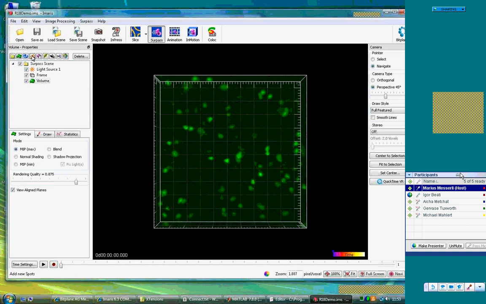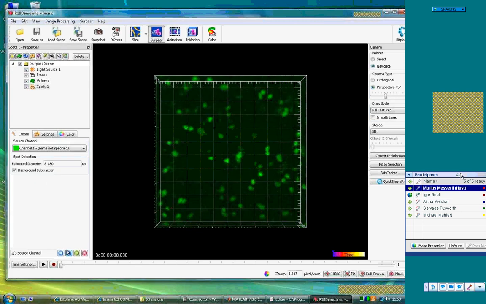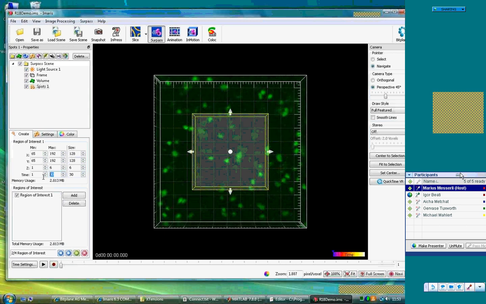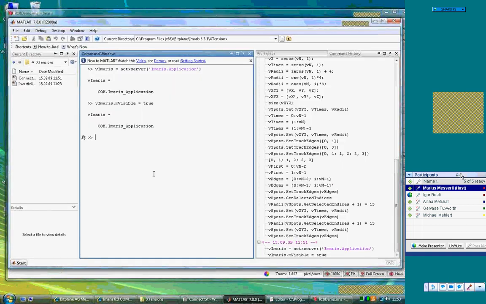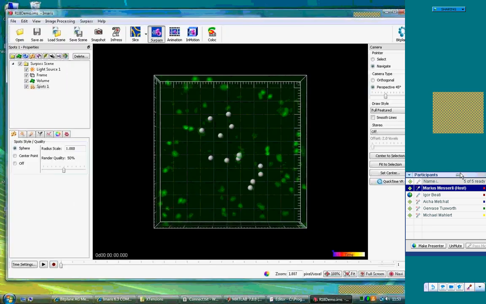So do it smaller, a bit of 4, generate them. Now that we have a reference to the Imaris application, we can have these spots selected,